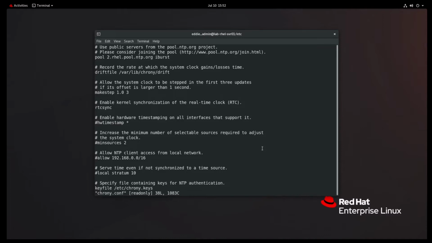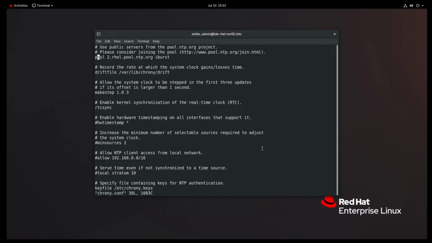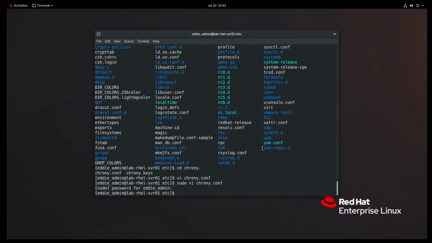This iburst, I can't remember off the top of my head exactly what that does, but I know that it helps with the initial synchronization with your NTP server to be able to get that time going. So let's say that we wanted to add, actually let me back out of this here, and sudo vi chrony.conf. We're actually going to change this to us.pool.ntp.org. I'm pretty sure that's a valid thing for that. What I'm going to do is